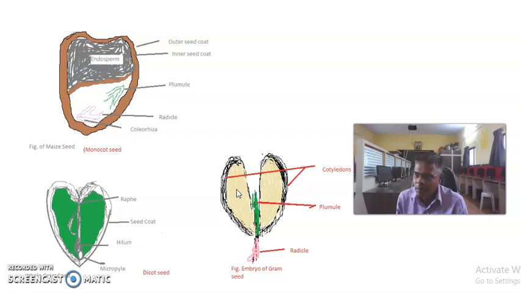So in dicot type seed there is an absence of endosperm and cotyledons are present, and in cereal crop seed an endosperm appears. Endosperm and cotyledons serve as storage of food material, which is used for further development or sprouting of the embryo during the germination stage.